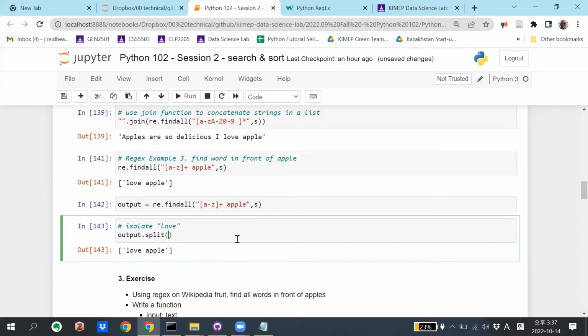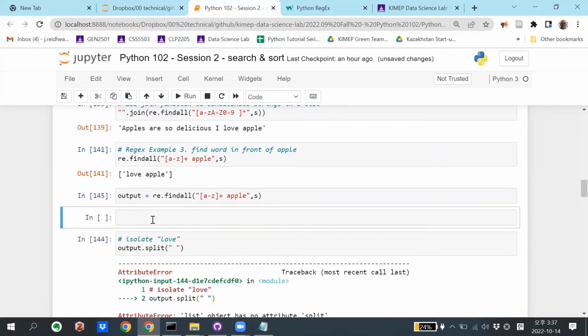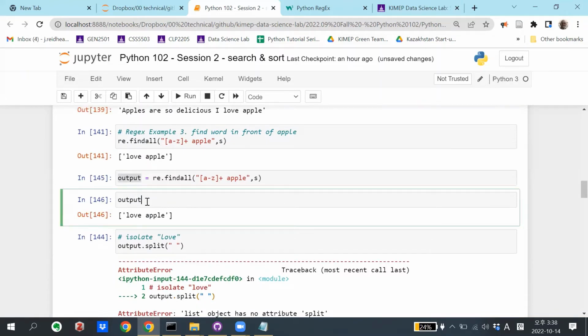Yeah. So if I split on the space like this, it's going to return a list with two strings. Right? Split. Okay, output here is actually a list. So I need to grab the string. So let's see, output 0, right? Output 0 will be